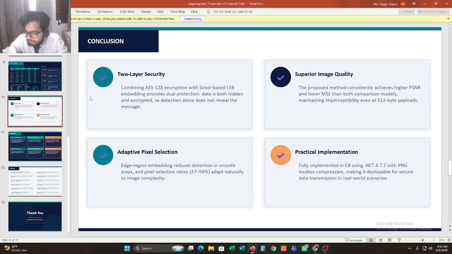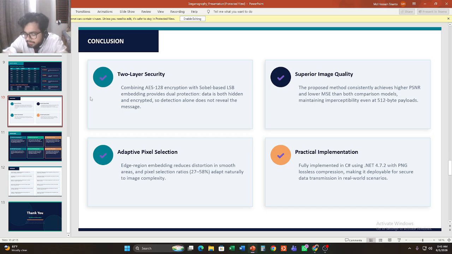Third, the adaptive edge-based pixel selection using the Sobel operator ensures that data is embedded in regions where modifications are least perceptible, maintaining the visual integrity of the stego image.